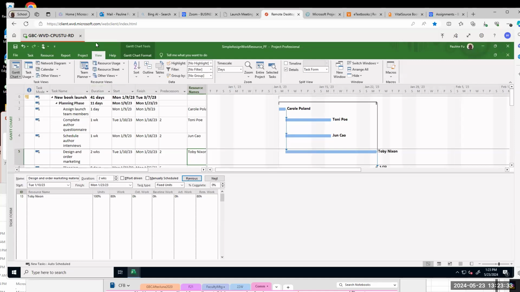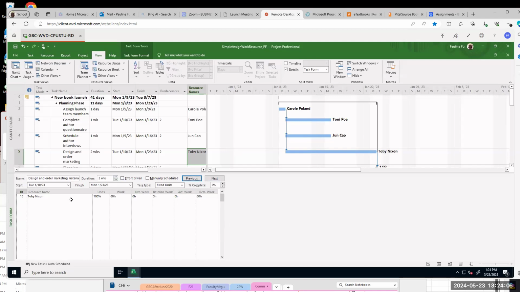Go to view, split view, make sure you have a check mark for details, and make sure you have task form. Then right click your mouse here, not here. This is the wrong position. Right click your mouse here, you have work. And then you will see previous, now you will see this picture.